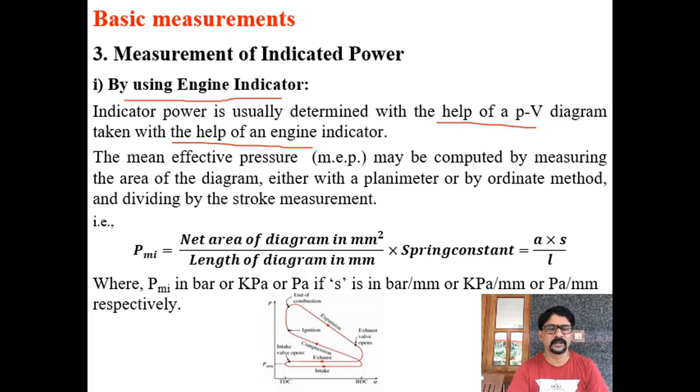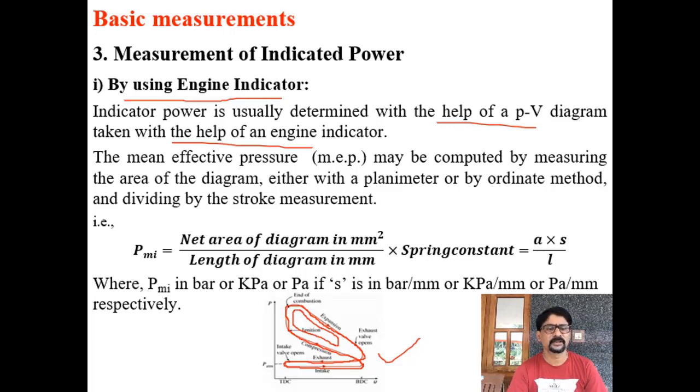You can see here the actual indicator diagram or the actual PV diagram. This is the beginning of compression, and you see there is no sharp corner point. This is the constant volume heat addition. Then you can see the expansion, and this is the heat rejection. Then this is the exhaust stroke. Then there is a pressure drop, and then there is the intake or the suction stroke. This area you have to note down to calculate the indicated power of the engine.